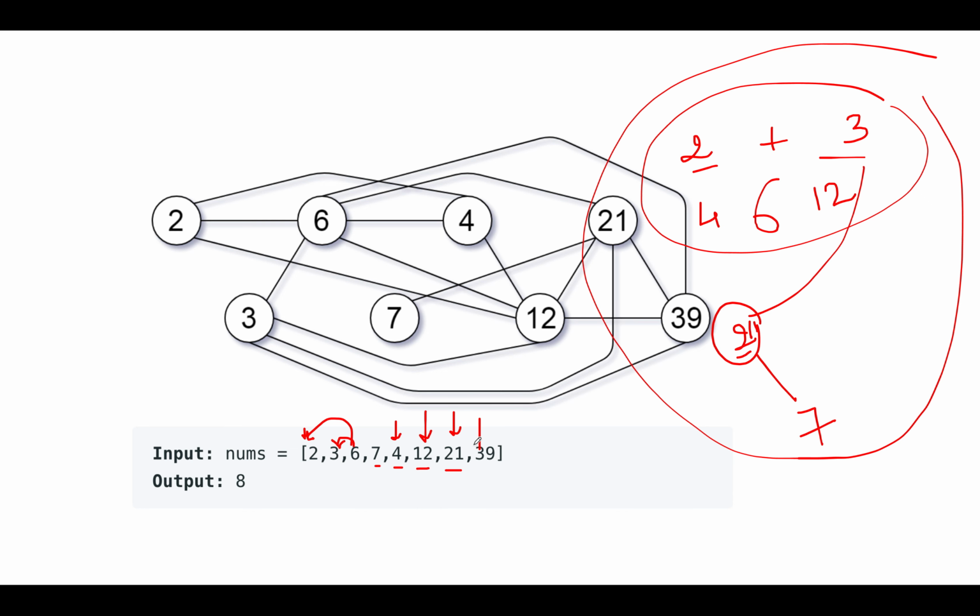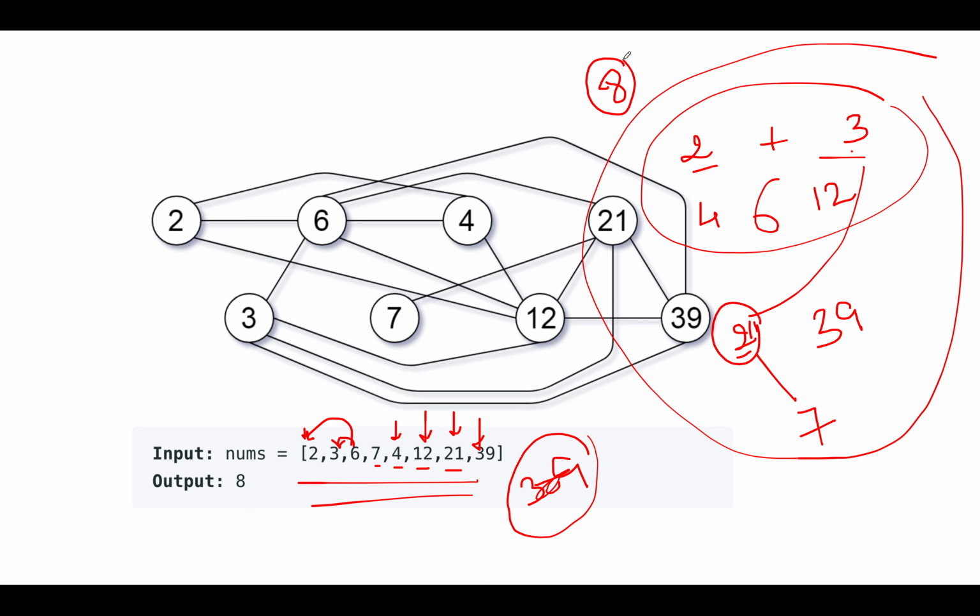Let's proceed ahead. Next we see is 39. Is 39 eligible to be part of this particular island? The answer is yes. The GCD of 3 and 39 is 3, which is greater than 1. As a result of which, 39 also falls part of this particular island only. So what do we see here? We see that after iterating through all the input array, there is only one island getting formed, and the complete array is part of the single island or group. As a result of which, since there is only one island and its size turns out to be the total number of elements that we have, the answer becomes equal to 8.